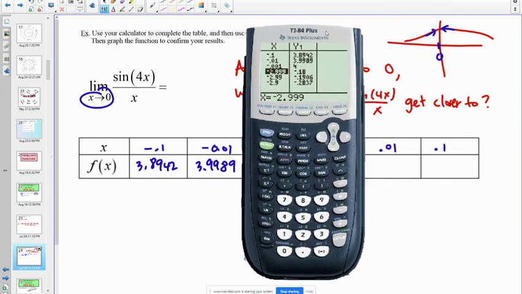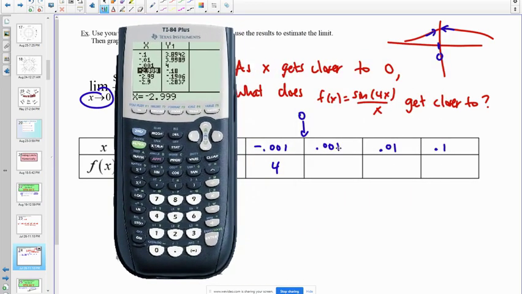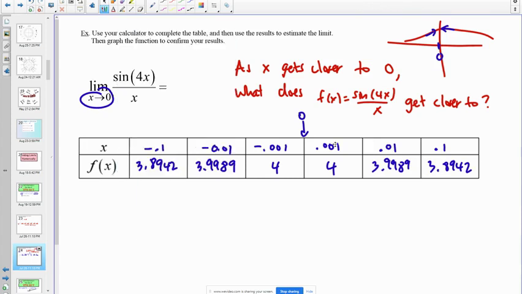All right, and then let's keep filling out the table. What if I plug in 0.001? I'll get 4. And what if I plug in 0.01? I'll get 3.9989. And what if I plug in 0.1? I'll get 3.8942. So you can see as x approaches 0 from the left and from the right,